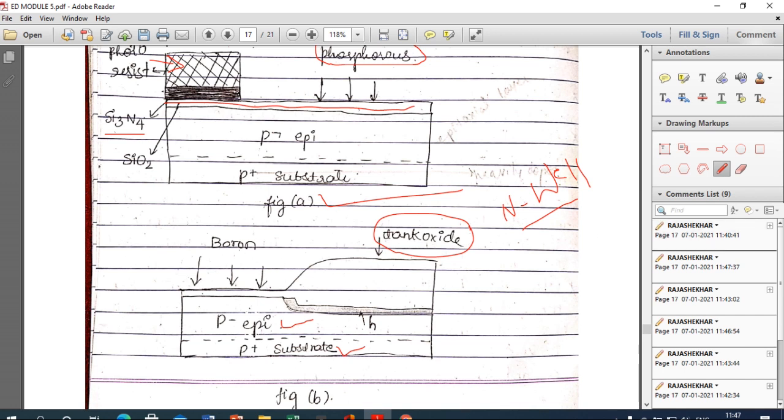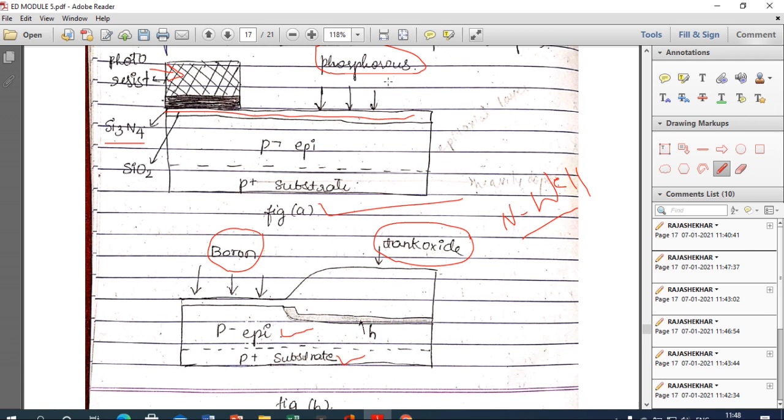Now after this we are implanting or doping boron. The first step we have taken phosphorus, the second step now I am taking boron. Boron is a trivalent impurity where the majority charge carriers are holes. As I said, in phosphorus the majority charge carriers are electrons, while in boron the majority charge carriers are holes.